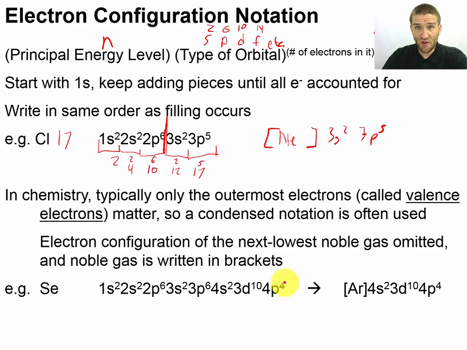And you can see that we're just following that diagonal again. We have our 1s, then we have our 2s, then our 2p, 3s, 3p, our 4s. We come back around and we do our 3d, and then we get to our 4p. So in our condensed notation, we have argon, 4s2, 3d10, 4p4. And like I mentioned before, it would also be completely equivalent for me to write argon